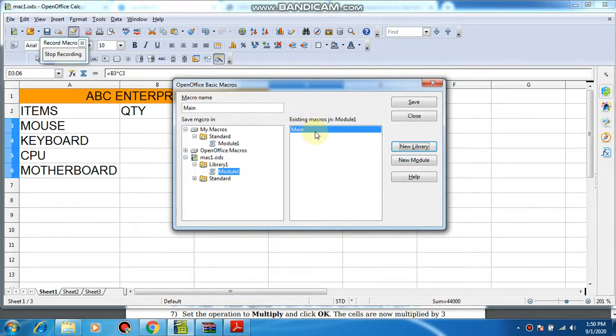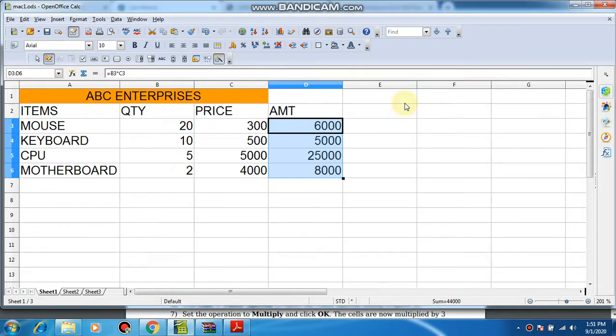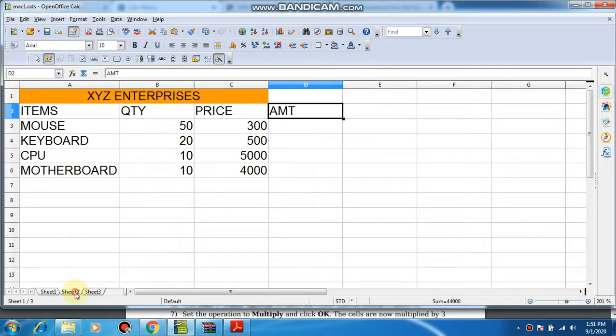By default we have a main macro here, and I can create my own macro, that is, I want to know the total. So this total macro can be saved here. Now I've got the same type of data in the other sheet.